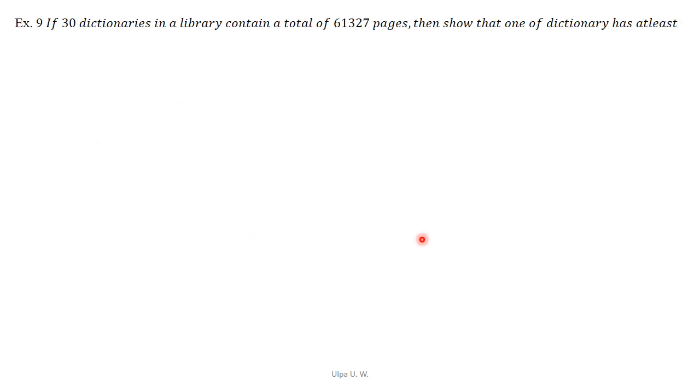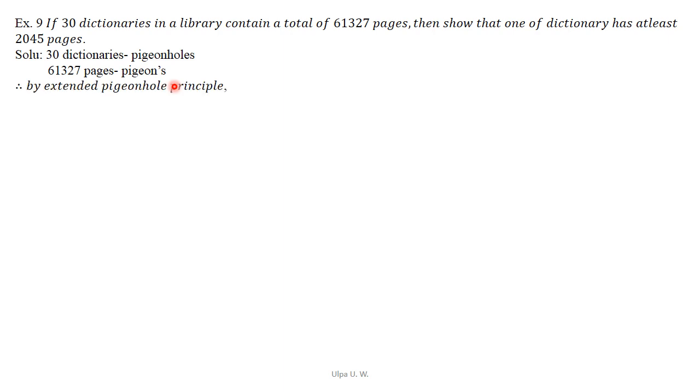Next problem is, there are 30 dictionaries in a library containing a total of 61,327 pages. Then show that one of the dictionaries has at least 2045 pages. If I take those 30 dictionaries as pigeonholes and 61,327 pages as the pigeons, then by application of the extended pigeonhole principle, at least one dictionary is going to have